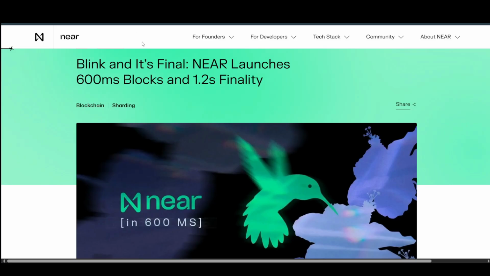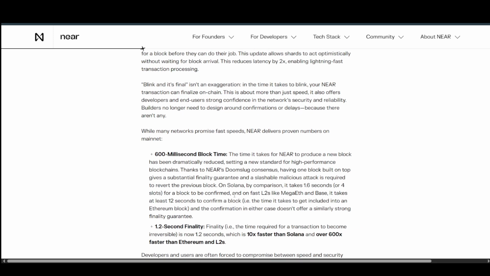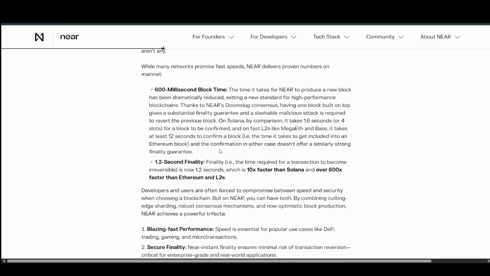Now after that we have building, and it's final. NEAR launches 600 millisecond blocks and 1.2 second finality. So this was another massive achievement for NEAR itself. This is pretty good. They are getting pretty close to